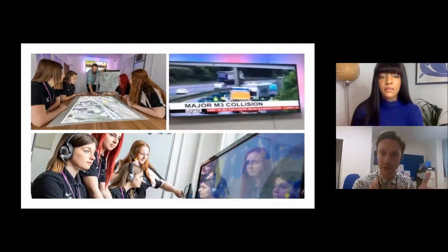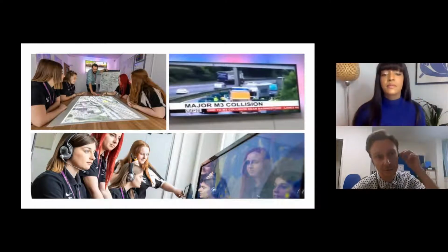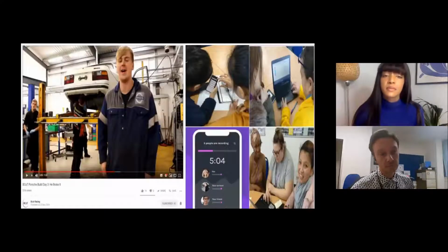Having the students collaborate in real time in these simulated environments using technology mirrors what they'll be expected to be doing in industry. It gives them a real live experience, or almost real life experience, what I mean to say. And at the top of the screen, it's recorded on the webcam for the teacher to use as assessment evidence, which is wonderful. Automotive do behind the scenes vlogs and behind the scenes documentaries, as it were, of their process